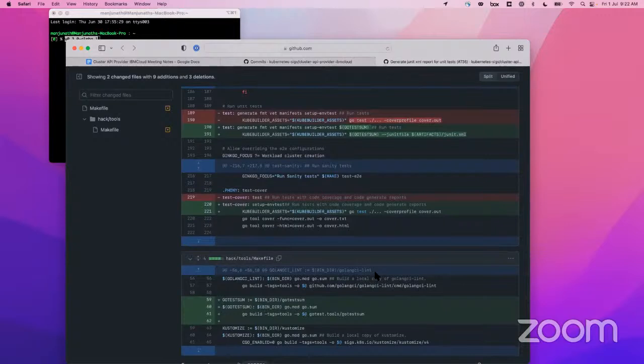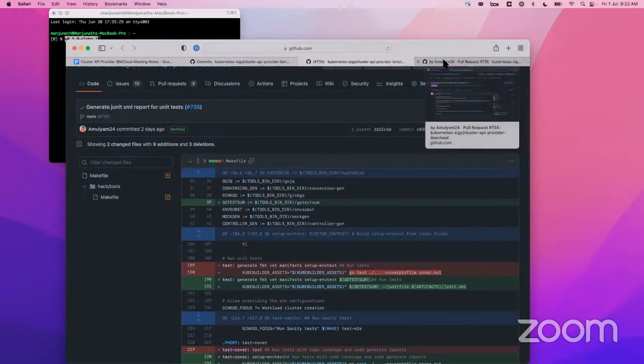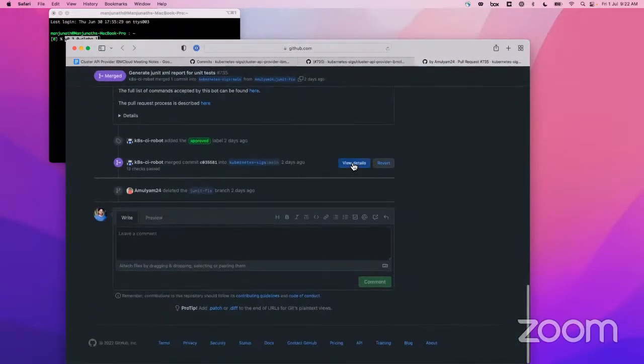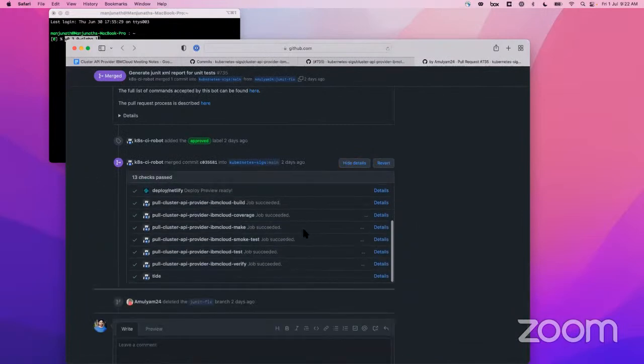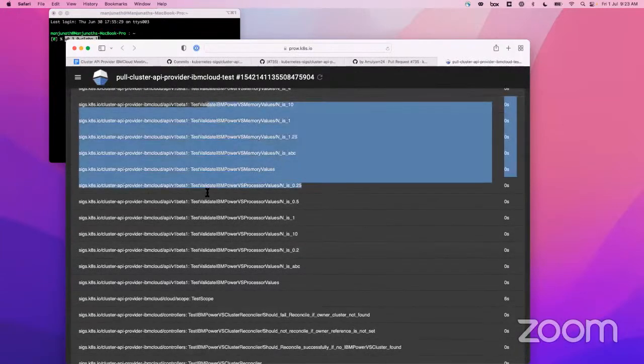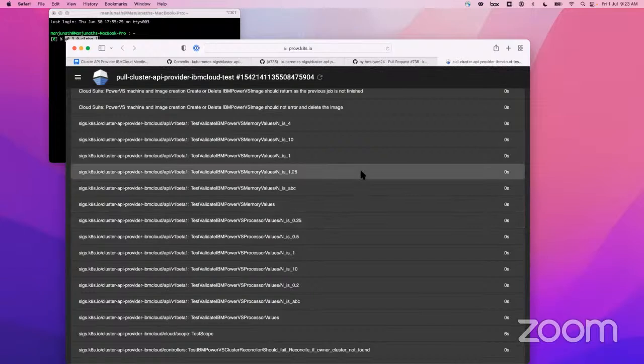Yeah, sure. So actually, what we realized was that initially we mistook the test coverage job as covering the JUnit reporting for the tests, but it was only covering the percentage format of what coverage is being done, and that's why we had to make this change as well. So in this job, just by using the go-test-sum tool, which converts the Go test output to a format we can use for reporting, we are converting it to JUnit, this XML format,